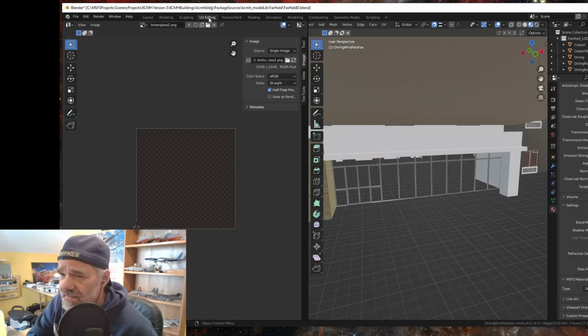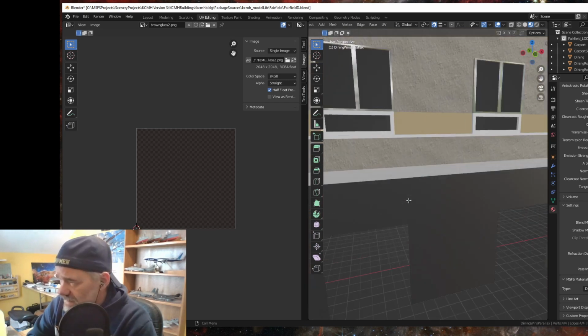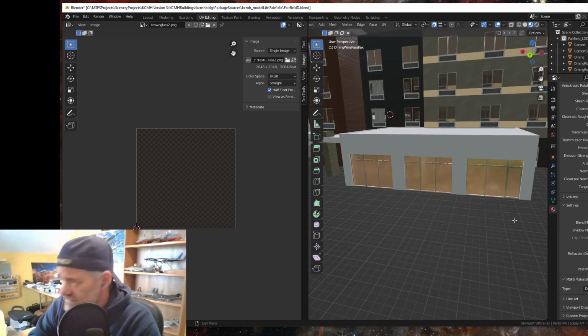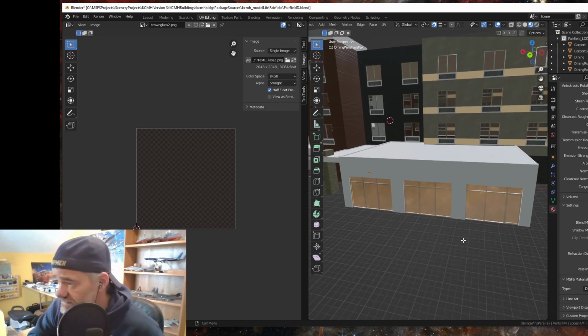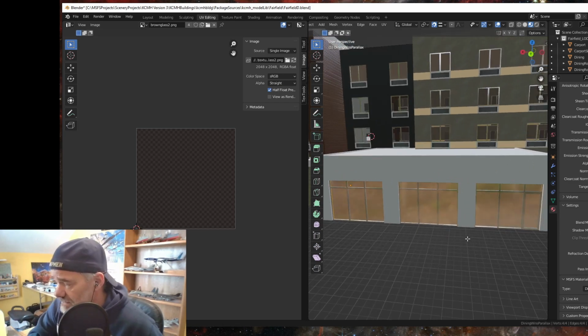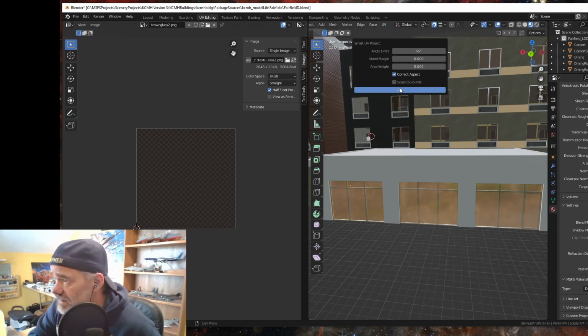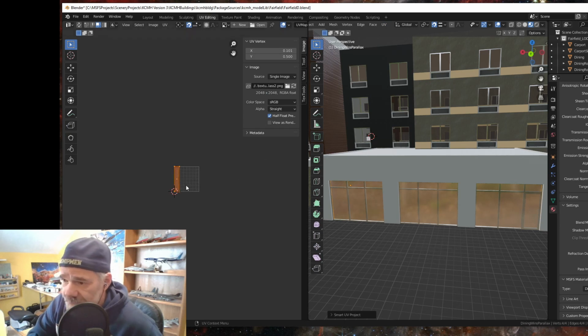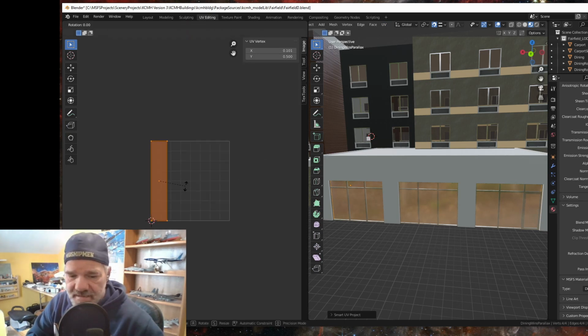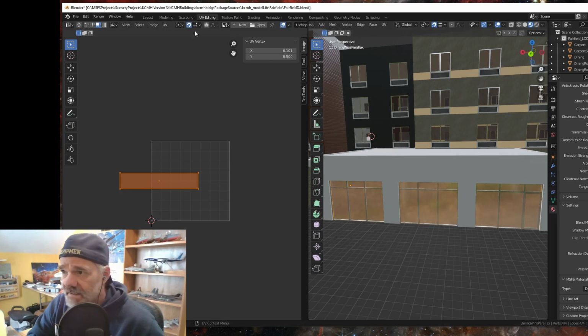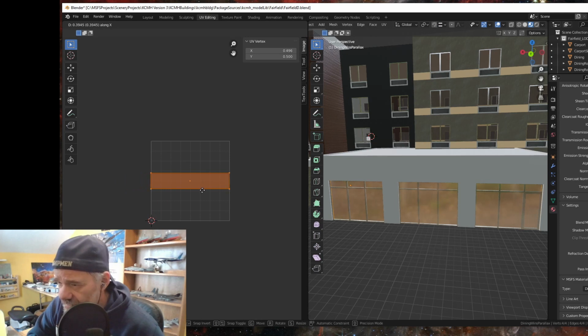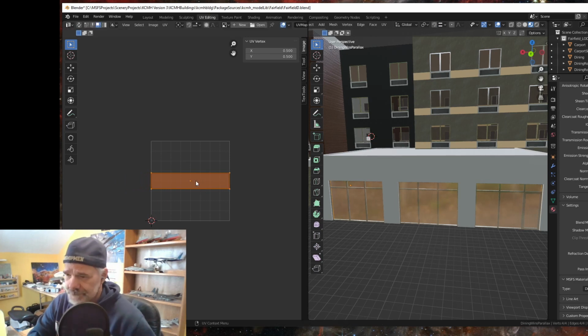Let's go to UV editing. And A to select. Period on the number pad to zoom in on our selected object. All right, and then let's go to UV, Smart UV, and get that. And then we're going to rotate that 90 and turn snap off, G X, move that over right there. Okay,